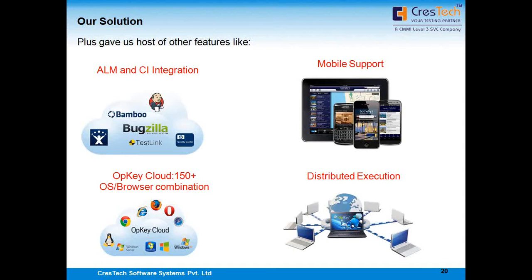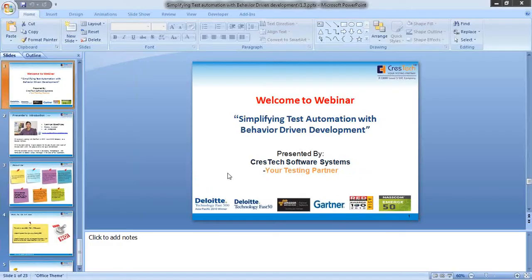So as you can see, this is the main interface of Opki. Different modules are available on the left panel. There is a separate object repository, a separate data repository, and the Gherkin feature. So let me start with the limitations of GUI automation. The first two limitations were test before development and the maintenance.